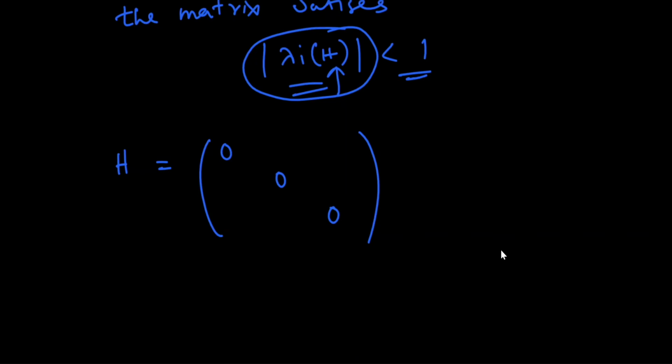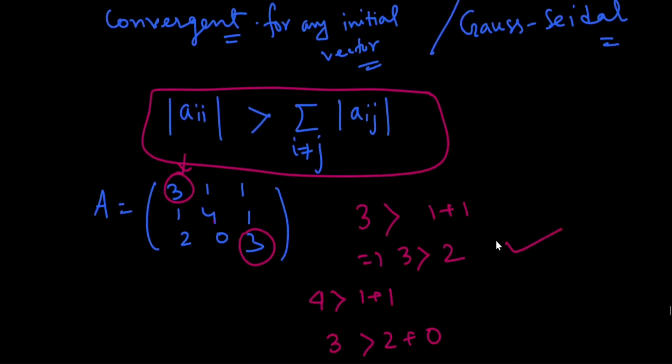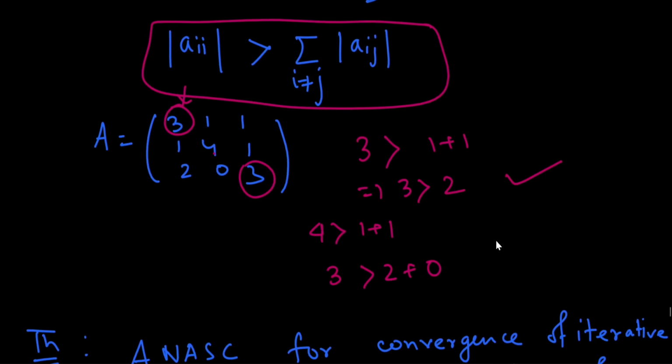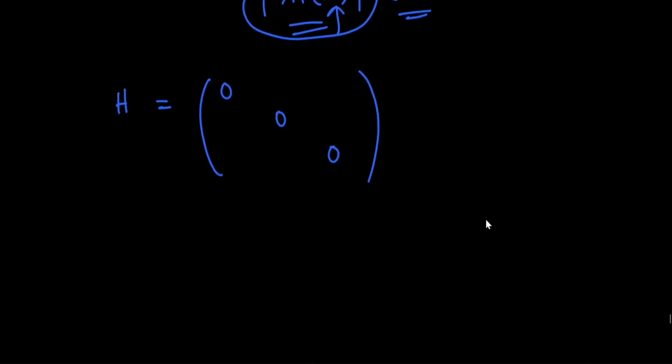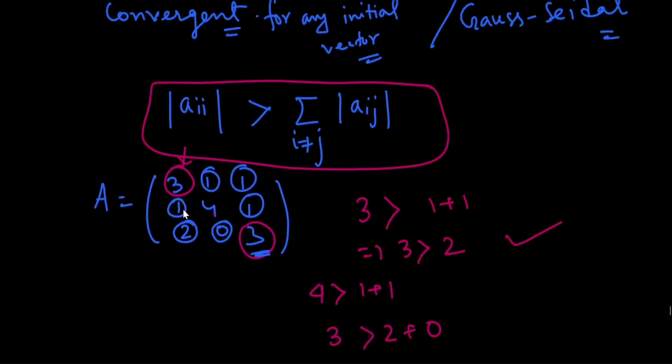The principal diagonal element for the first row is 3. So we divide these two elements by 3, these two elements by 4, and for the third row, where the diagonal is 3, the other two elements by 3. So this is equal to 1 by 3 and 1 by 3, and now we divide the remaining two elements